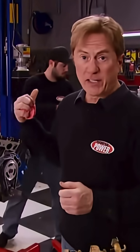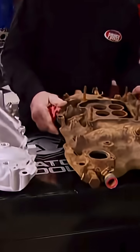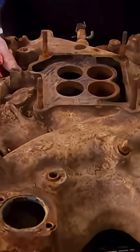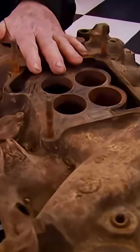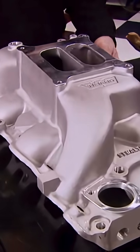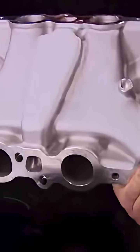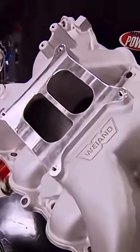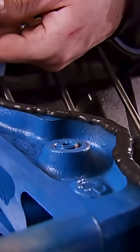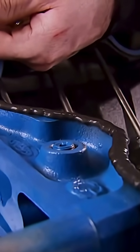Okay, now for the induction on our big block. This original cast iron intake manifold is not only heavy, it comes up way short in the plenum volume department. Now, our YN replacement's lightweight aluminum, 37 pounds lighter, and the extra volume, well, it's going to add up to a broad power band from 1,500 to 6,000 RPMs. With the usual bead of silicone laid down on the ends of the block,